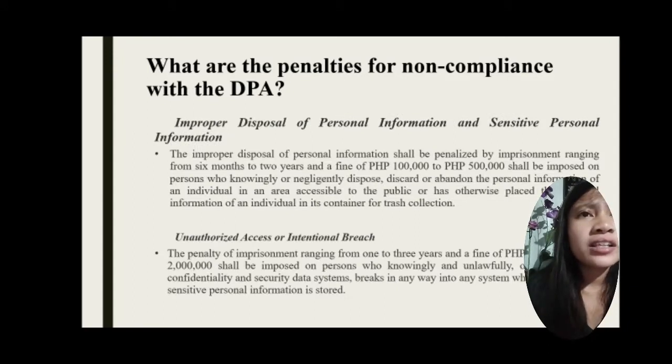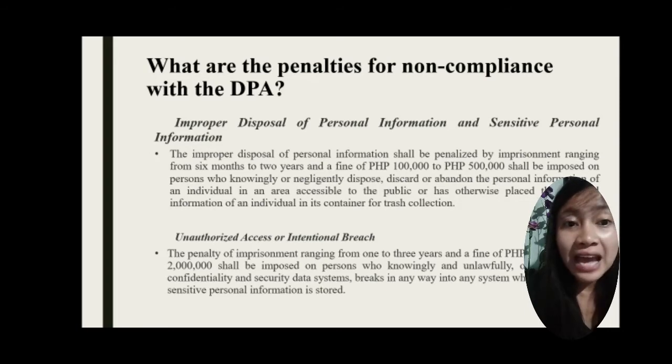Next, when it comes to improper disposal of personal information and sensitive personal information, the penalty is imprisonment ranging from 6 months to 2 years and a fine of 100,000 to 500,000 pesos, imposed on persons who knowingly or negligently dispose, discard, or abandon the personal information of an individual in an area accessible to the public or has otherwise placed the personal information of an individual and its containers